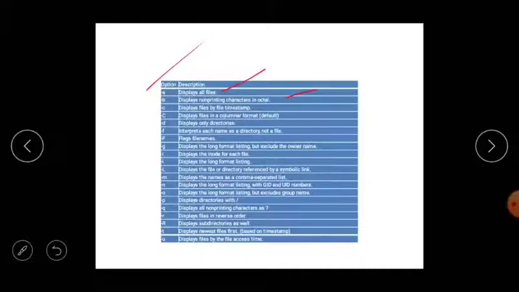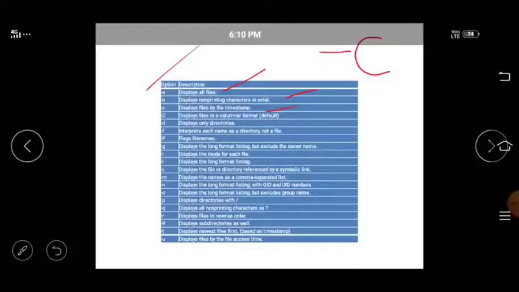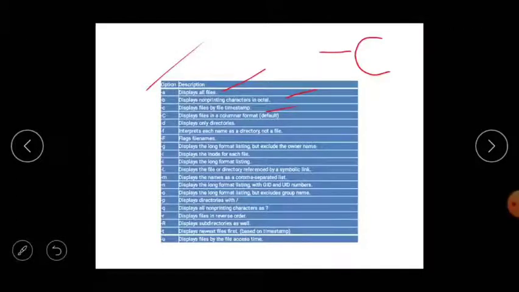Okay, next, minus c, display files by file timestamp, which timestamp is going to print. Next, minus capital C, display files in columnar format, means it is the default format.